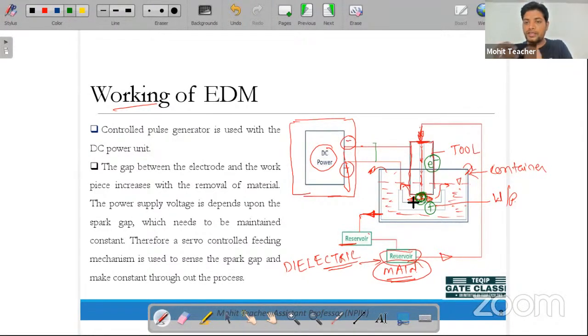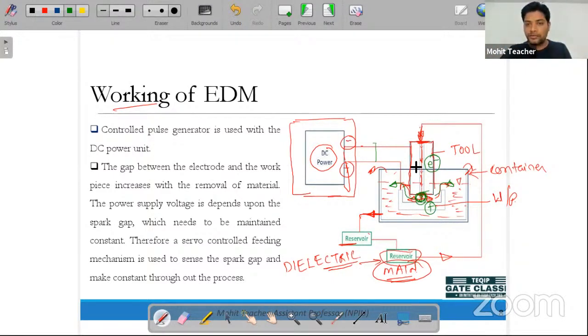So whatever the material that is removed, as I already discussed, kinetic energy is converted into thermal energy. When this thermal energy at high temperature comes in contact, it removes the material from the tool and the workpiece area. Whatever material has been removed from the tool and the workpiece will also be carried out along with the